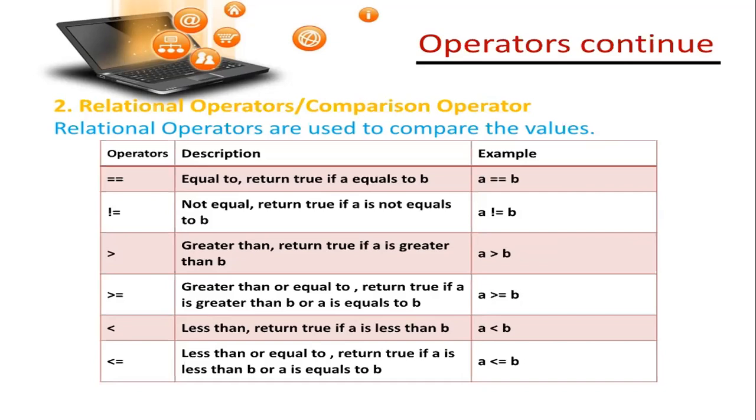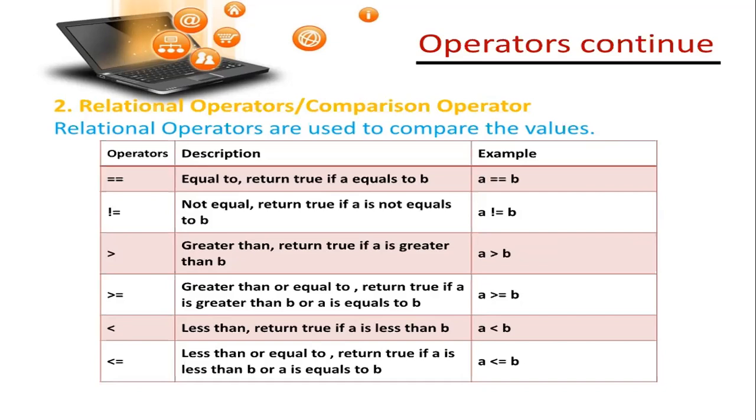Now, this is very important. When I say A greater than B, if A is 6 and B is also 6, and the question is A greater than B? My answer will be no. It will come false. But if I say A greater than or equal to B, that means I'm saying it's either greater than or equal to. Either or. Okay, both of these will be considered true.